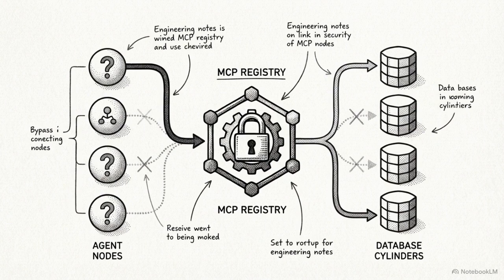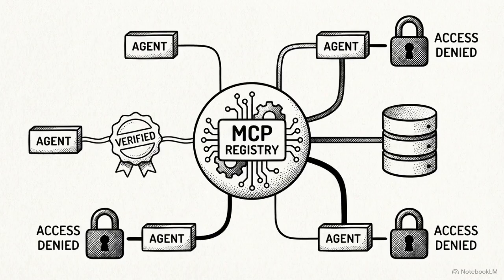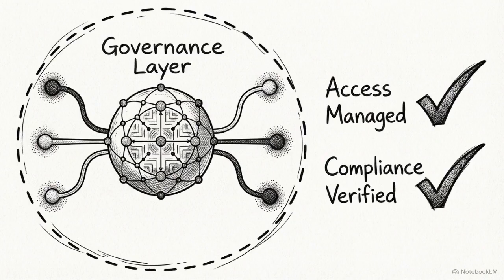This diagram outlines how MCP acts as a central registry. It decouples the tool's backend codebase from the agent's logic. Agents do not execute code directly. They request tool usage through this standardized orchestration layer. Crucially, this creates a strict identity and access management boundary. MCP enforces least privilege across the network, ensuring each agent can only access the exact data and tools required for its specific role. Standardizing tool access through the Model Context Protocol converts autonomous AI models into governed, auditable, and secure